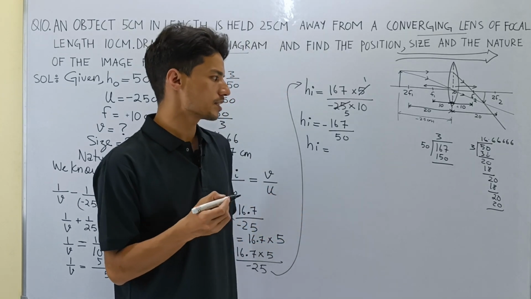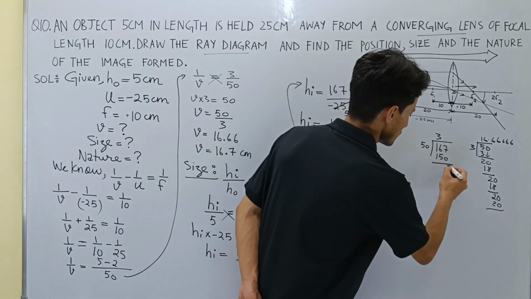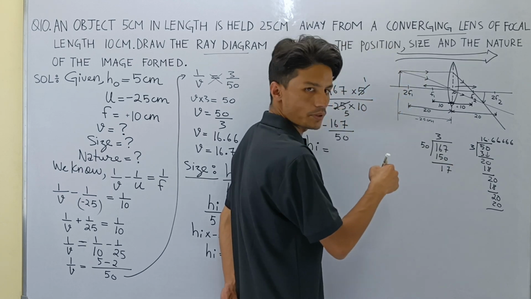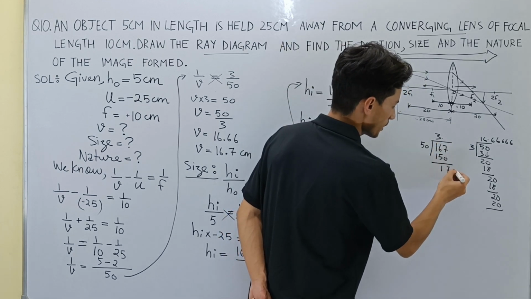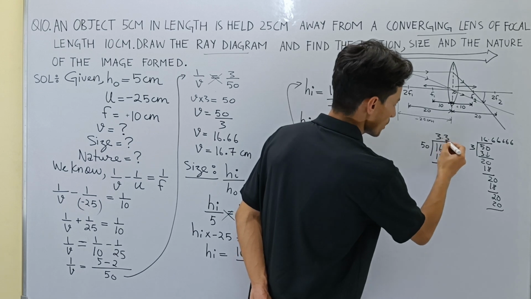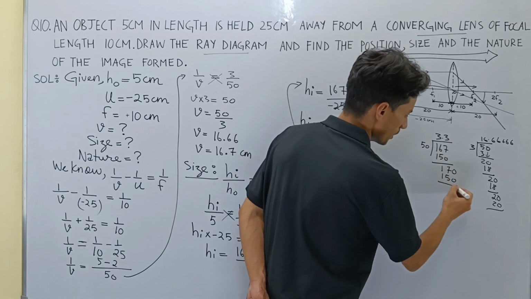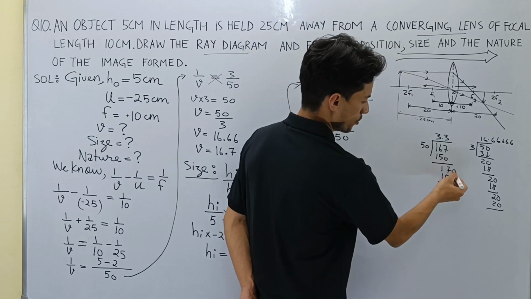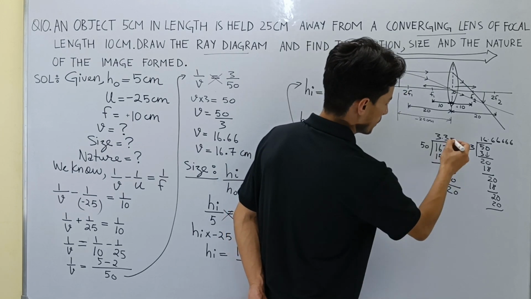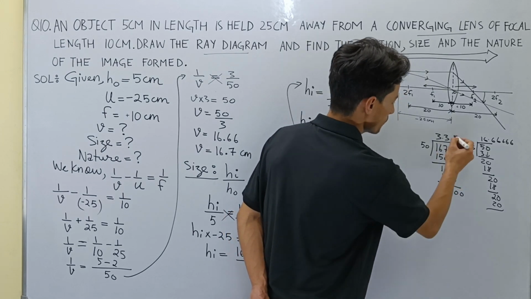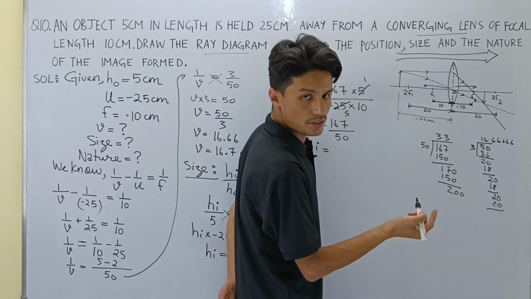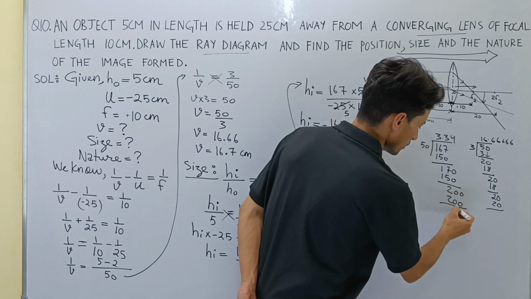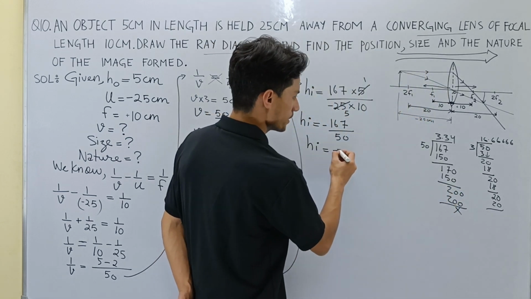167 minus 50. How much is it? This is 7 minus 0, giving us 7. 6 minus 5, 1. No more number to come, so put a point here and give 0. So still 50 threes are 150. And then 50, 60, 70, giving you 20. 0 minus 0, 0. 7 minus 5, 2. The point is already there, so you get 10 again. 50 threes are 150, 50 fours are 200. So finally HI is equal to minus